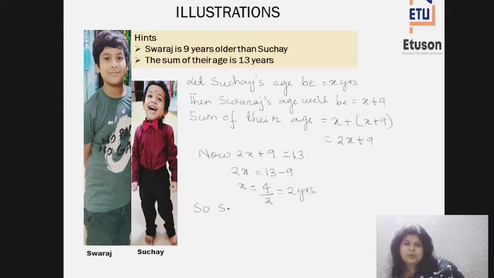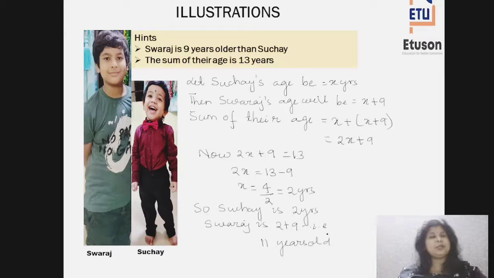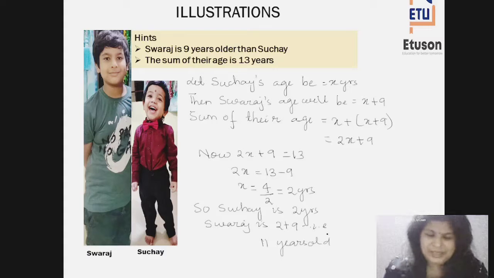So Suchai is 2 years old. What about Swaraj? Swaraj is 2 plus 9, that is 11 years old. Correct or not? So this is how, by using your linear equation in one variable, you can find out the solution to this problem. So this kind of problem you get in your day-to-day life. Correct or not? Okay. So now let us go to the